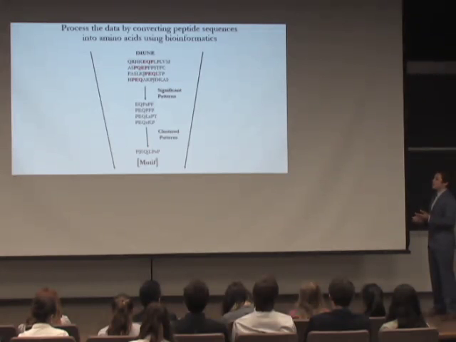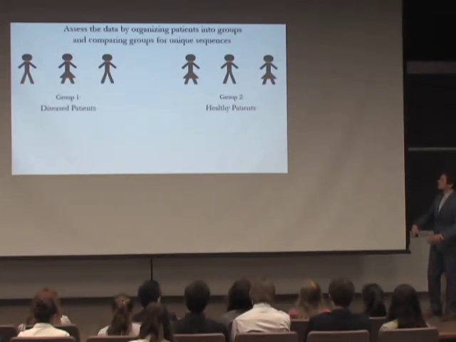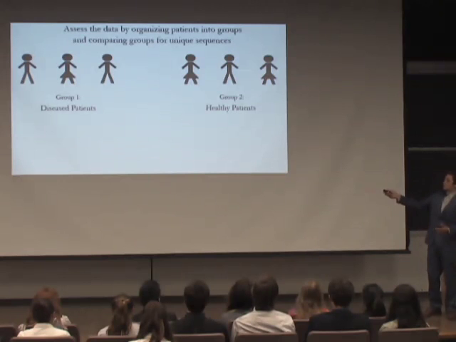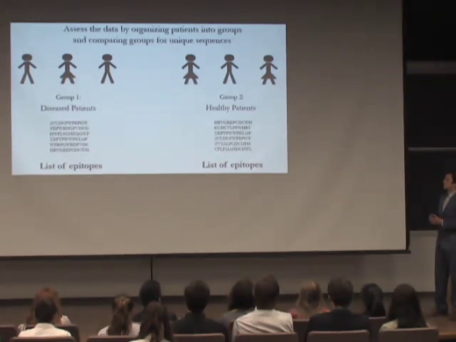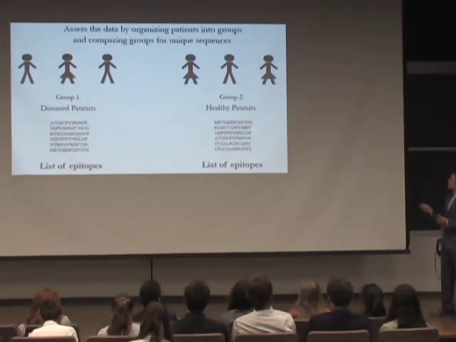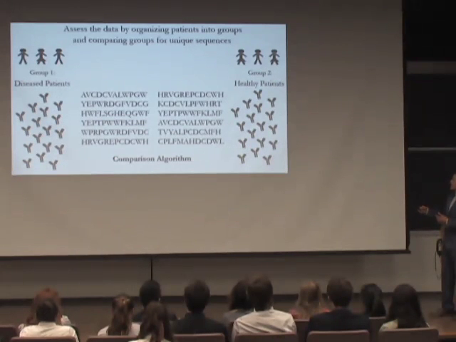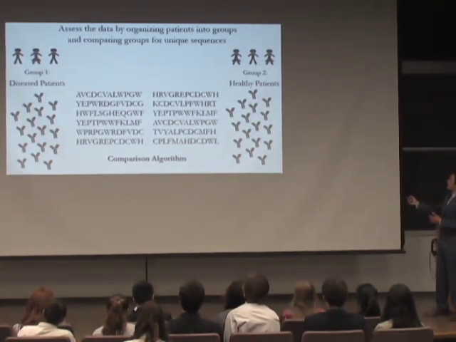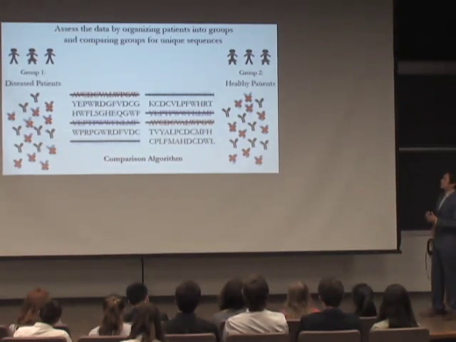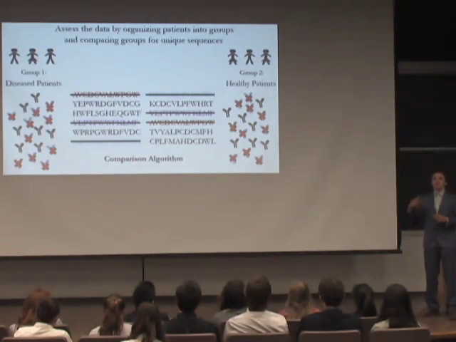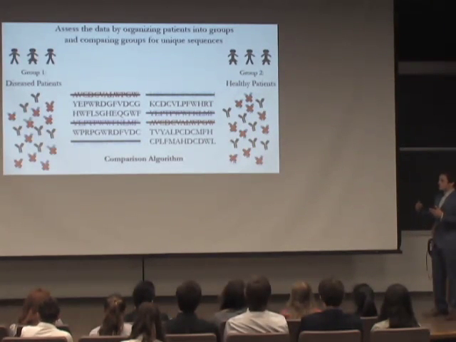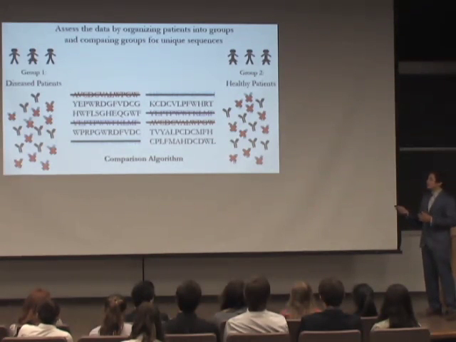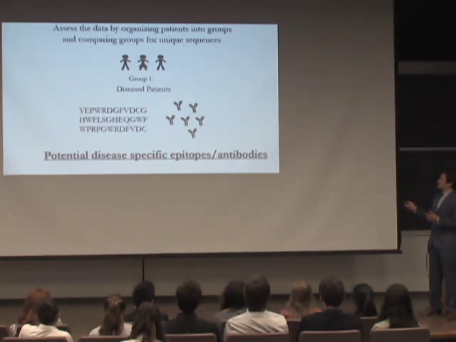And so we do that by then assessing the data. And so once we assess the data, we're going to divide here into groups of disease patients and groups of healthy patients, and we have their epitopes laid out like this. And this is all being done by a computer algorithm. And so Immune will then look at these lists of epitopes and, again, look for similarities between the disease and the healthy patients, and it will then get rid of those, because those cannot be disease specific if they're being found in both diseased and healthy patients. So what we're left with is basically what we've been working towards from the beginning, potential candidates for disease-specific